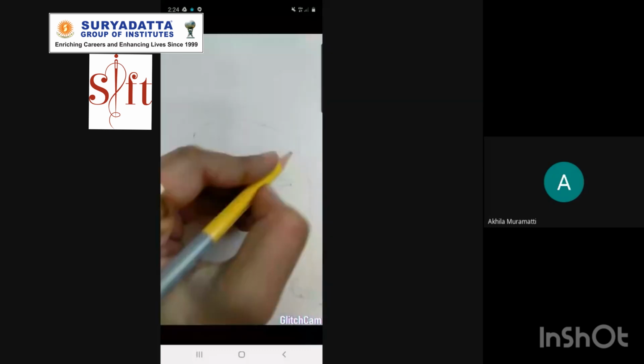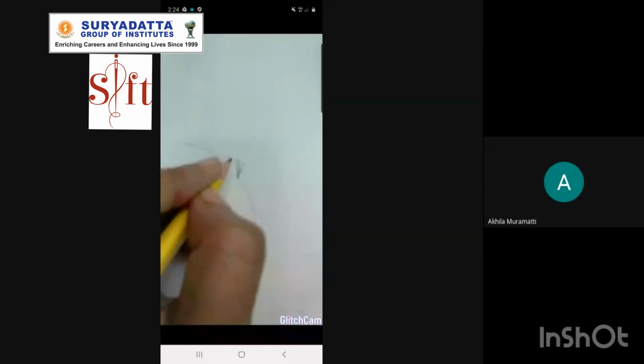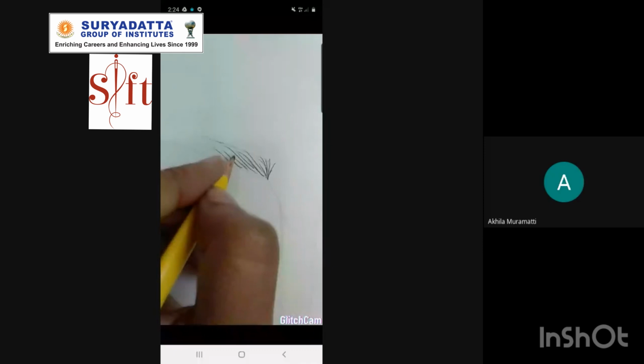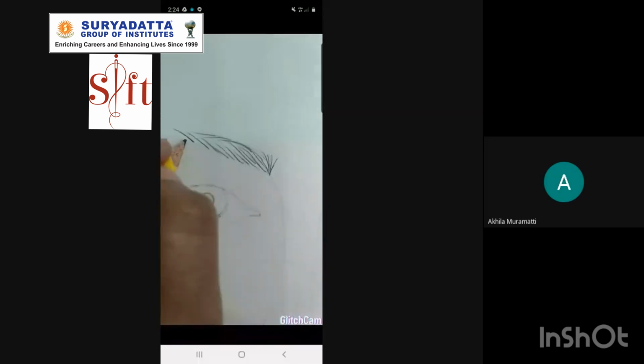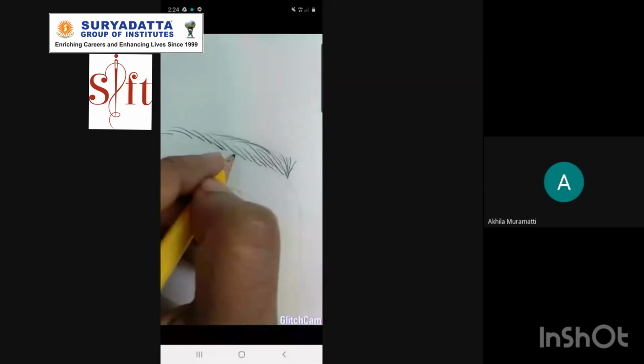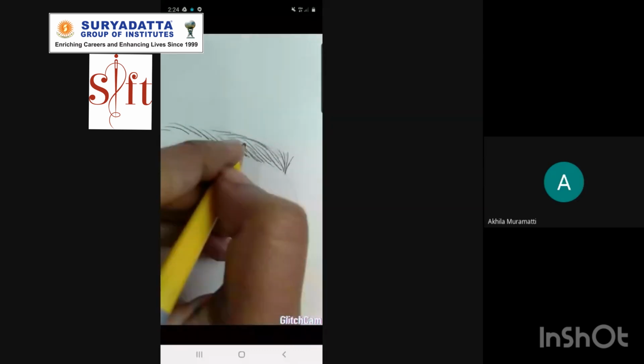You can just start drawing it slightly. So this is the basic direction. First is straight, the latter one is slightly sloped, and the end is fully crossed.